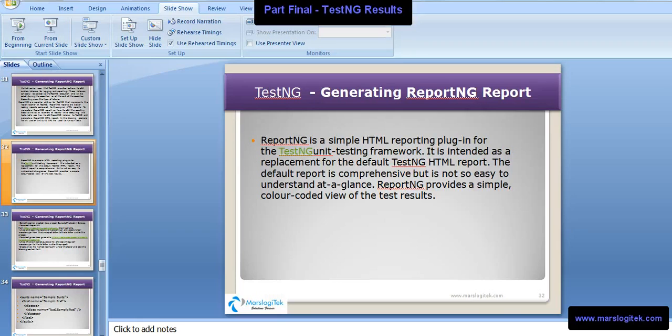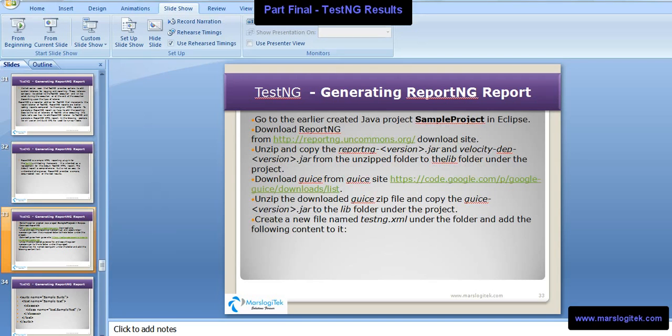So ReportNG is a simple HTML report plugin for the TestNG framework. It provides a very simple, very colorful way of representing your tests in graphical format. First we are going to create a Java project, a sample project you can say, and